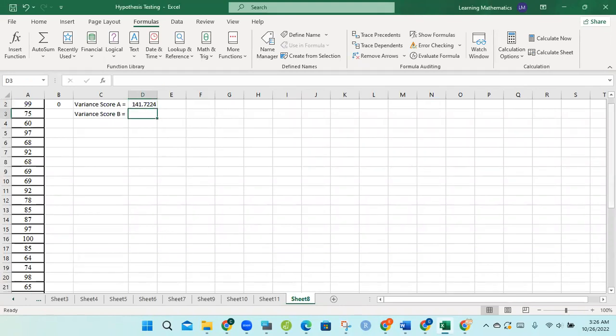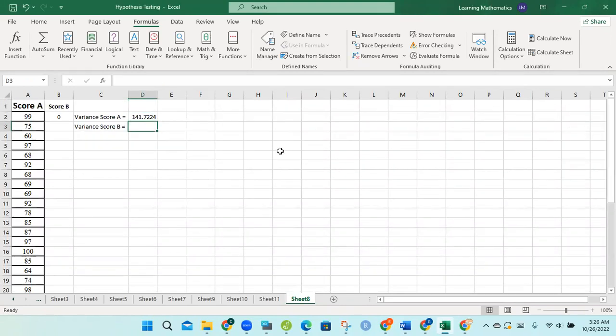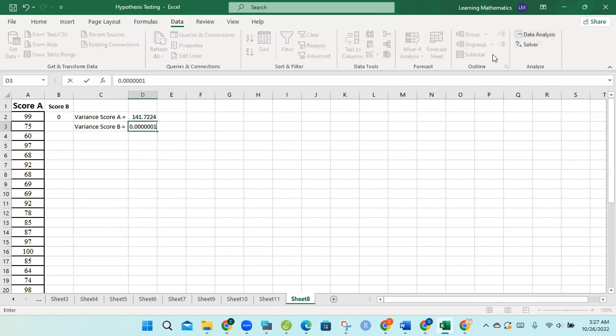The variance of variable B, that's our fixed variable, you just give it a very small variance so that we can make Excel believe that this is a genuine variable, and it will have very little impact, so we give it a small variance, 7 zeros. Then we go back to data analysis,